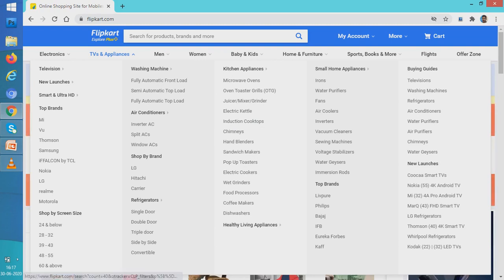We have many given brands of TVs as a list. MI is there, VU is there, Thomson is there. You can see Samsung is there. So these are also what? These are different brands of television.